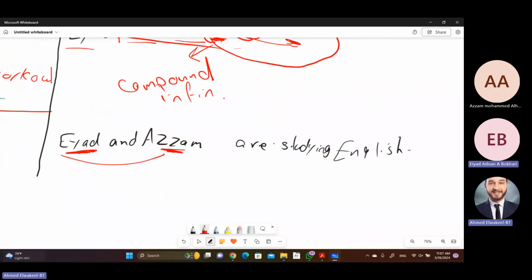And both of them are subject. Studying is the verb and English is the object. Correct? Yes. Okay, let's put here, for example,